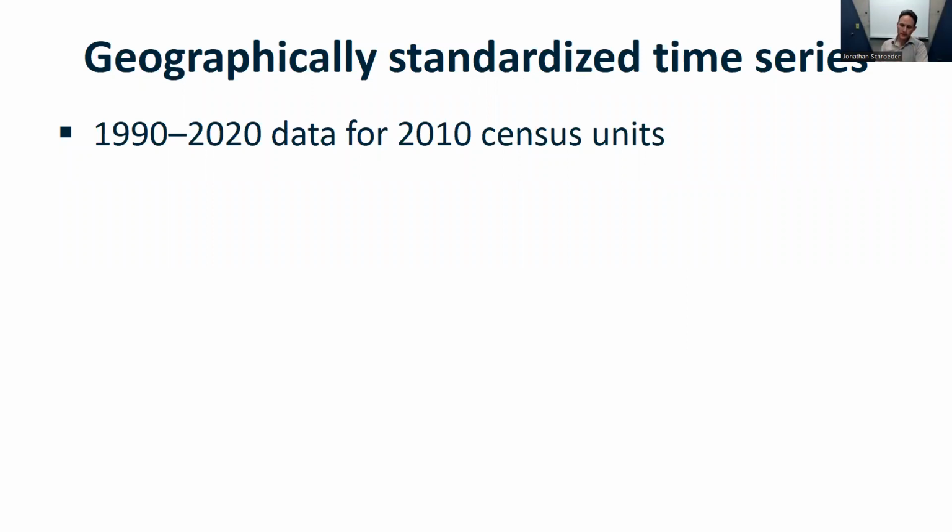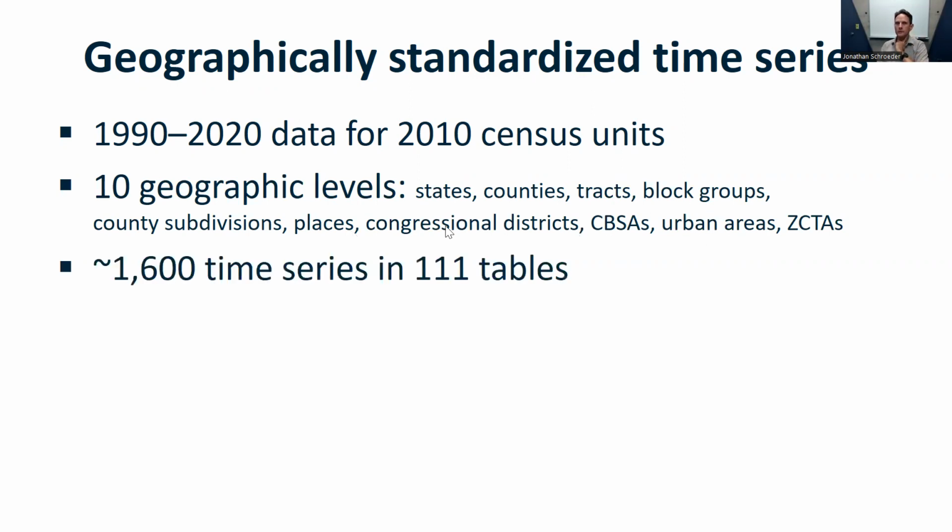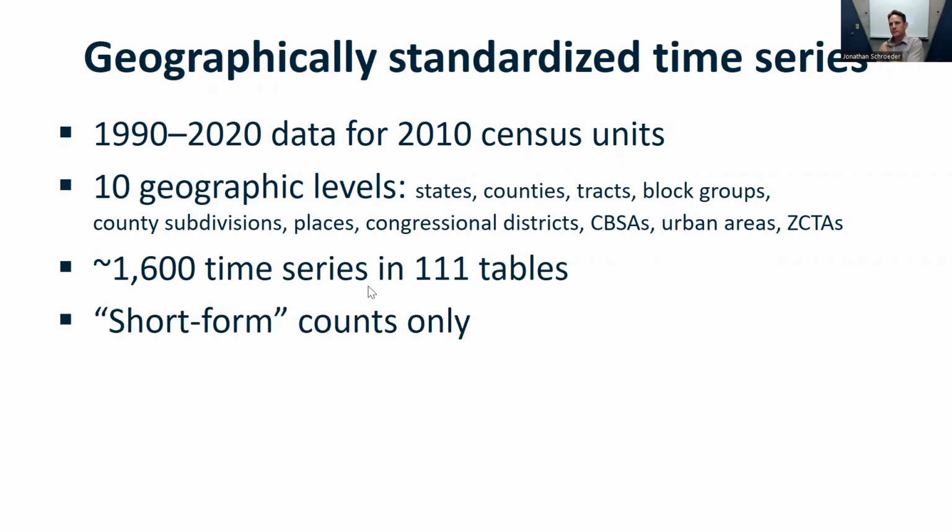Our geographically standardized time series currently cover 1990 to 2020 data for 2010 census units. They're available at 10 geographic levels, including tracts and block groups, and several other levels. There are a lot of different statistics that we include in those, but it is limited to short form counts. Short form counts are the statistics the census publishes from the census short form that goes out to the entire